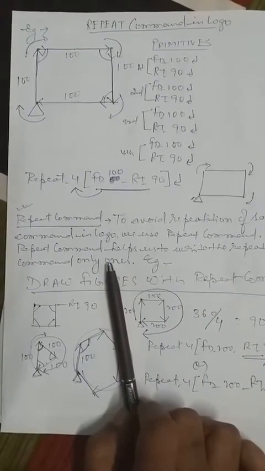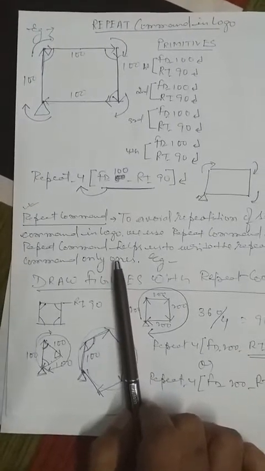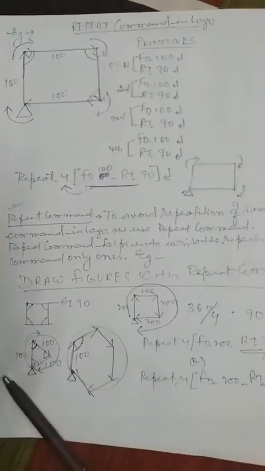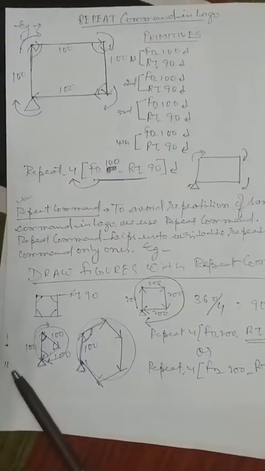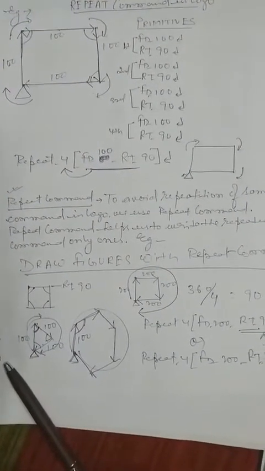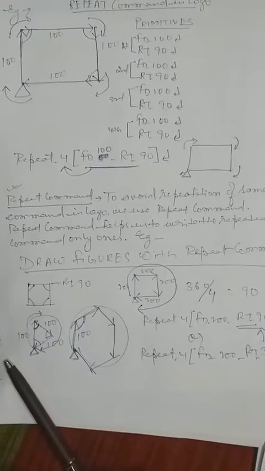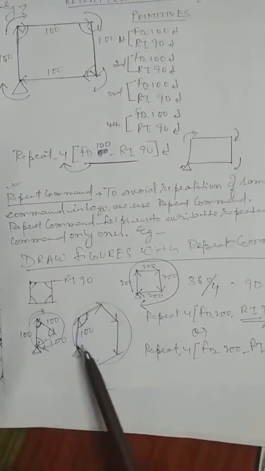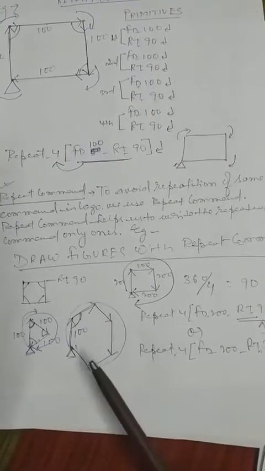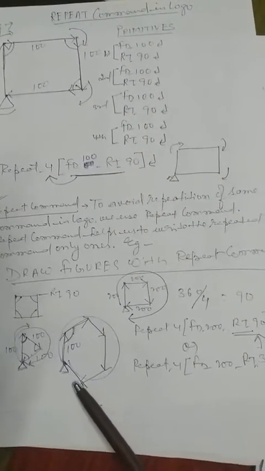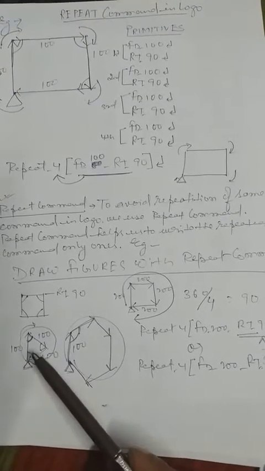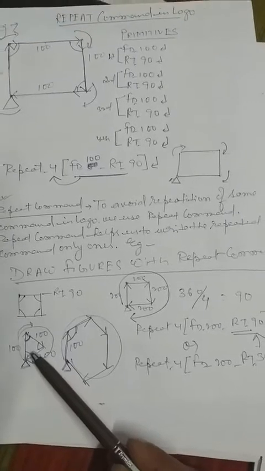So my dear children, you will also write this definition in your fair copy, and then you will mention this figure and the command to draw the figure with the help of the repeat command. Then I explained how you will understand that here you are turning your turtle right side 90. So in triangle, hexagon, pentagon and all figures, will we turn 90 only? No. To understand this, I told you, you will see how many sides and how many turns are there in your figure.